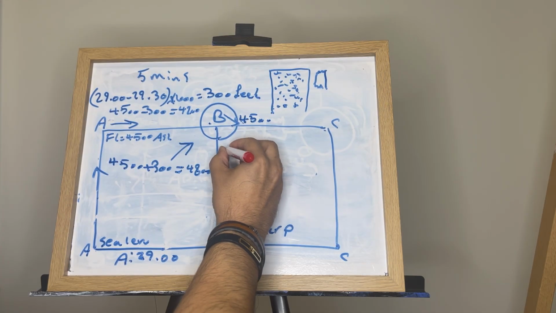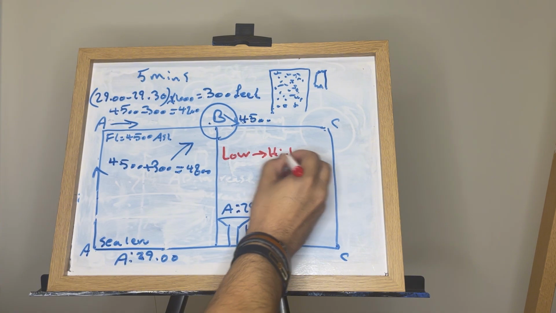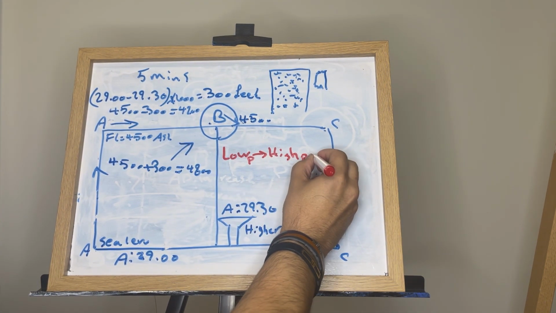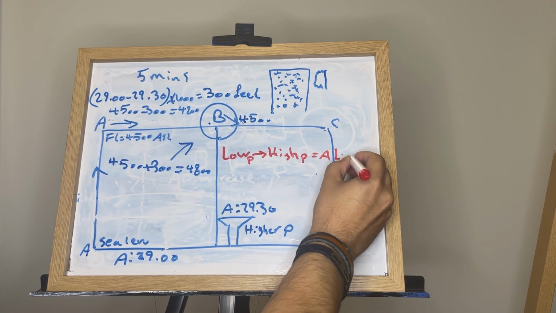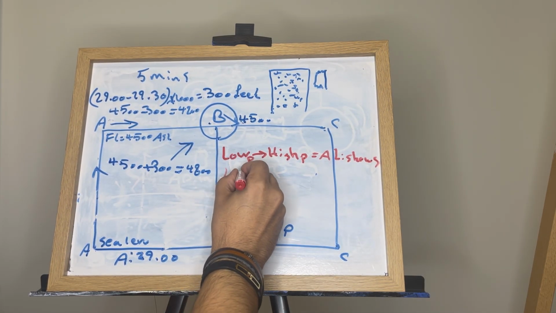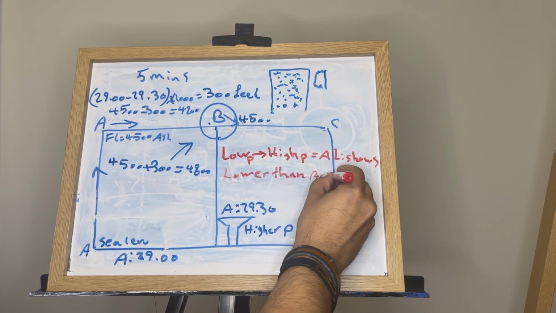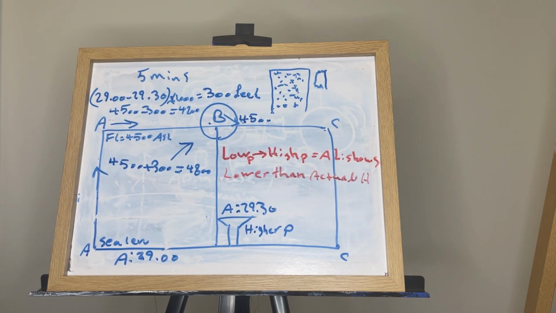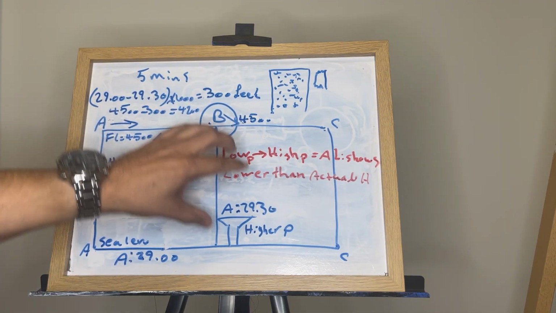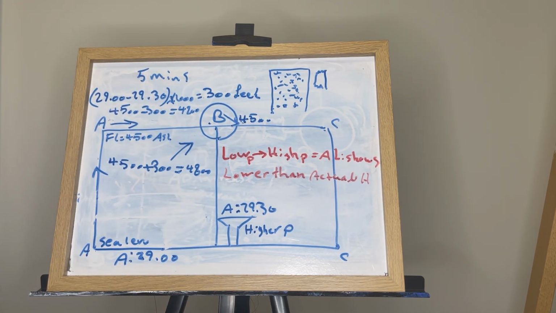So when flying from low pressure to high pressure, the altimeter shows lower than actual height. Why do we need to set the altimeter setting to local pressure? To show exactly the height above sea level, 4,500 feet. And another thing,